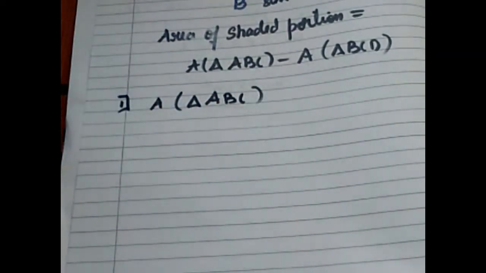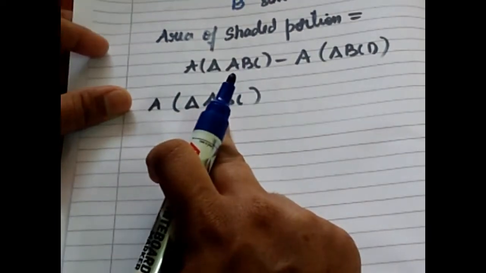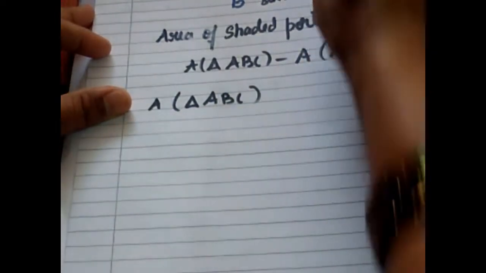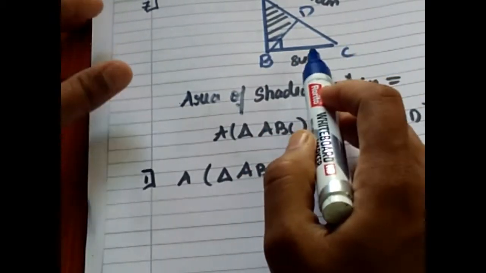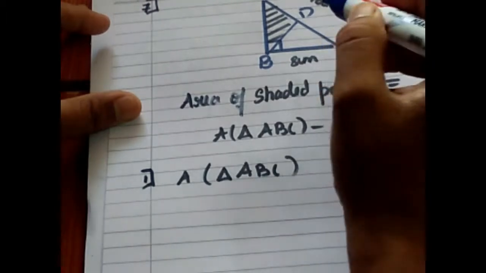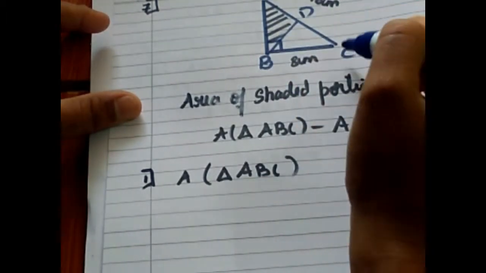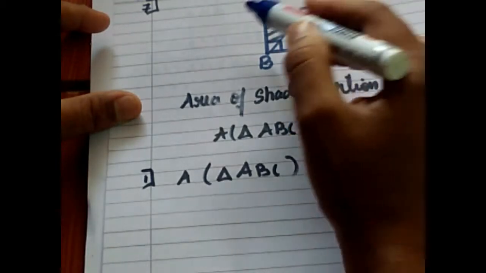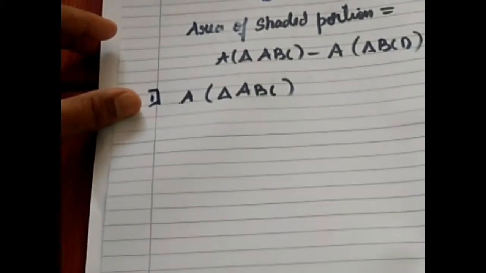So ABC is a right angle triangle. In a right angle triangle, the formula which we use to find the area is half into base into height. But in the problem, base is given as 8 cm and the height AB is unknown. If you look at the diagram, BC is 8, AC is 16. So AB can be calculated by using Pythagoras theorem.